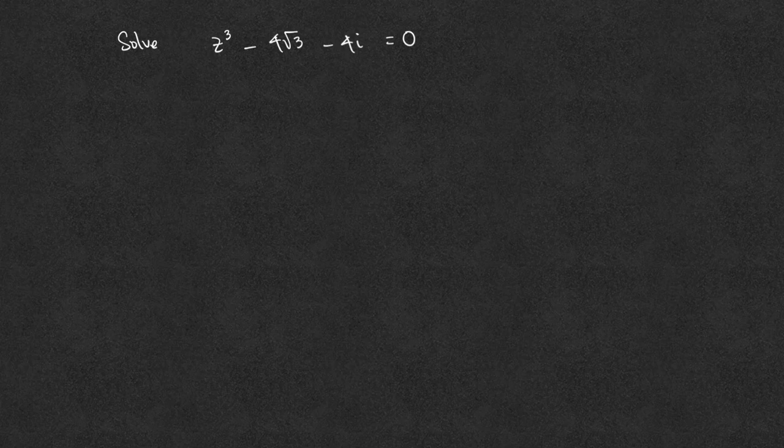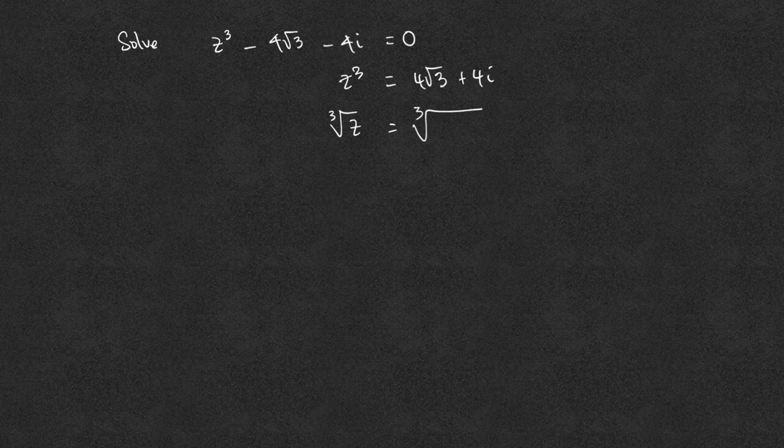Solve the equation z cubed minus 4 root 3 minus 4i equals 0. If we isolate z cubed, then we have positive 4 root 3 plus 4i. The cube root of z cubed is the cube root of the complex number w, where w is 4 root 3 plus 4i. To find the root, we will need to use the nth root of a complex number, and to do